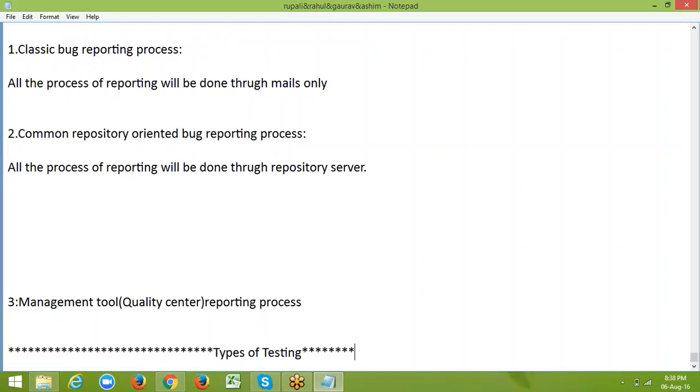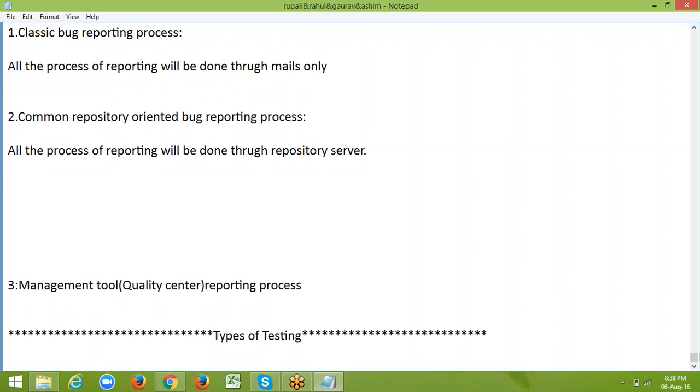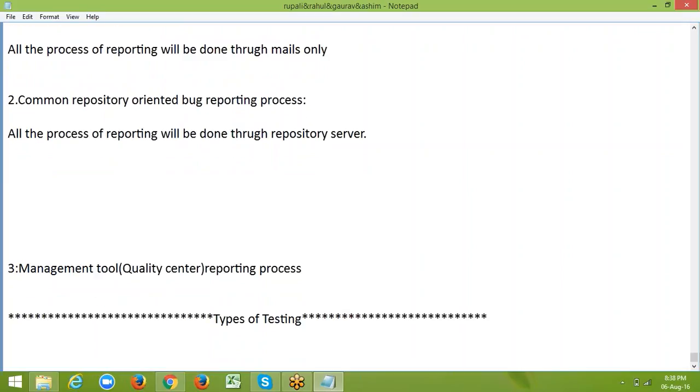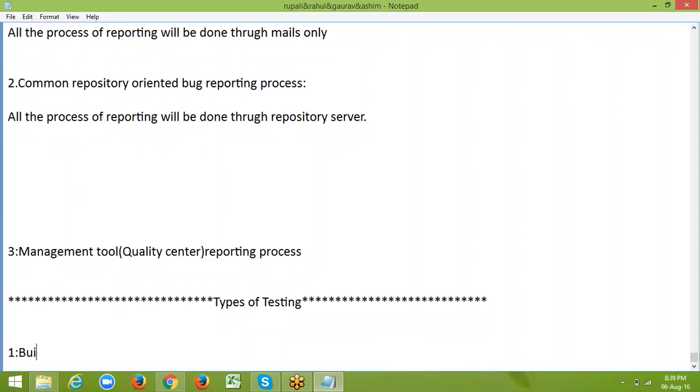So observe guys, basically there are a total of 16 types of testing. We are calling this one non-functional testing techniques. So let's discuss what are the 16 types of testing techniques. What are they? So the first one is